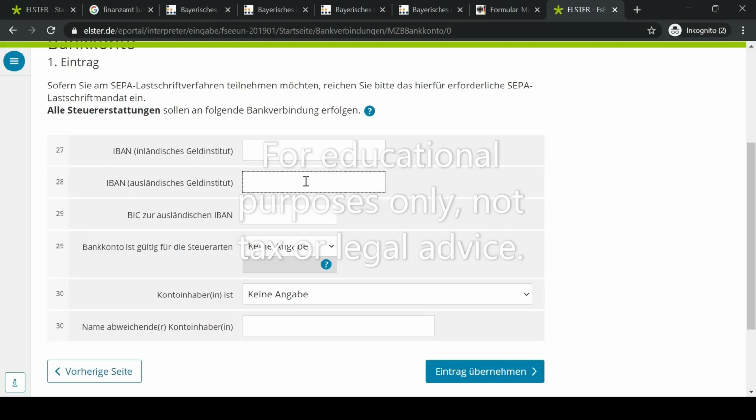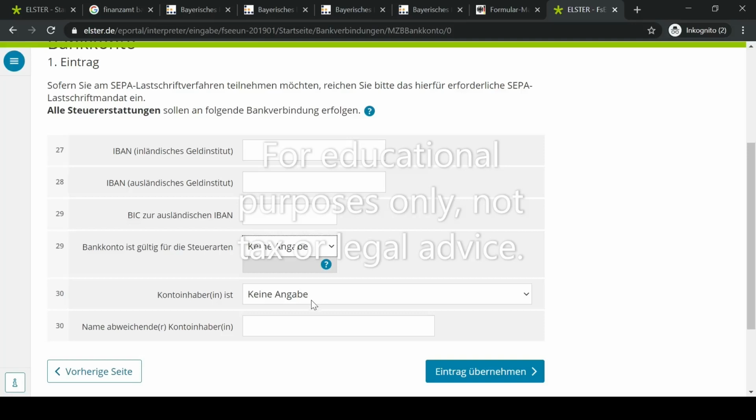The next point to check is the Gültigkeit einer Bankverbindung, which means the validity of a bank account. You have the following options for refunding taxes. The first option is to provide one bank account for all tax refunds. The second option is the specification of a separate bank account for the reimbursement of personal taxes, for example, income tax, and a further bank account for the reimbursement of operating taxes, for example, sales tax, wage